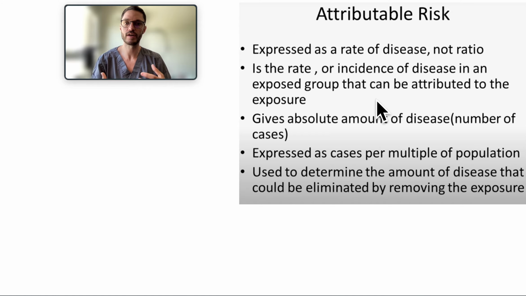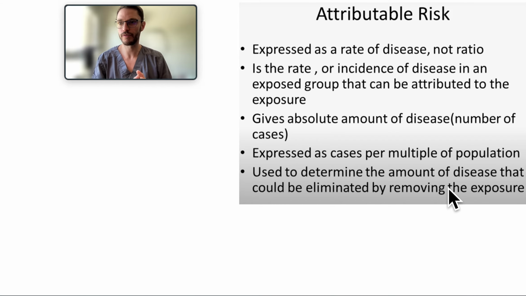So this is something you can work with at a population level in order to determine the amount of disease that could be eliminated by removing the exposure. See why this is so important? Because the relative risk won't tell you this information. The relative risk, what it will tell you is